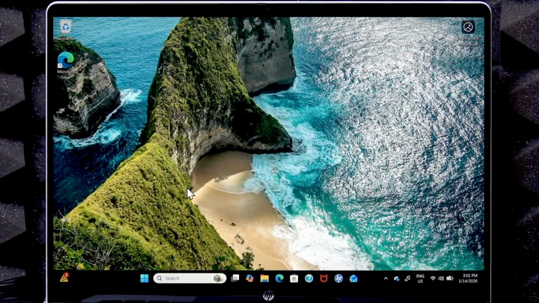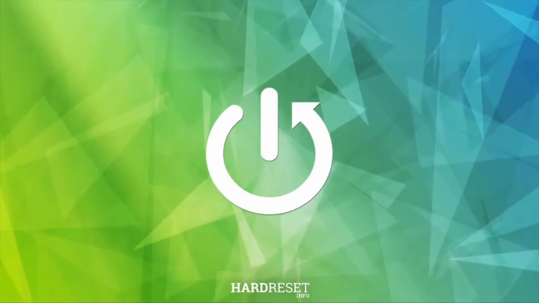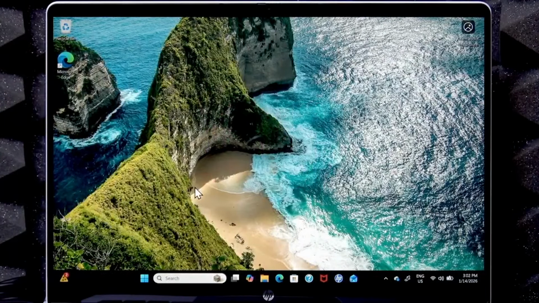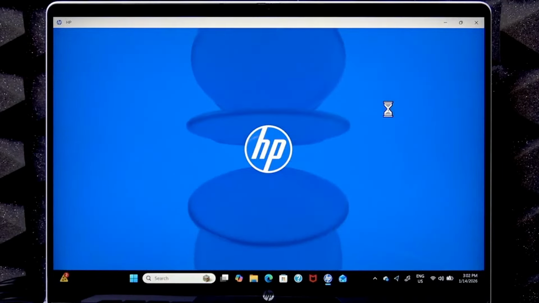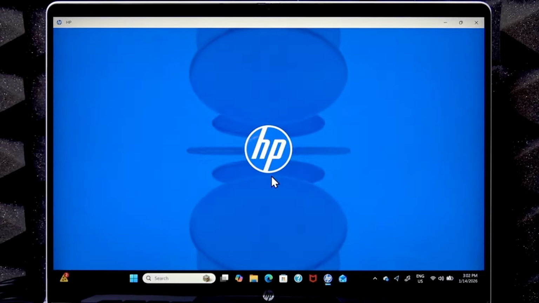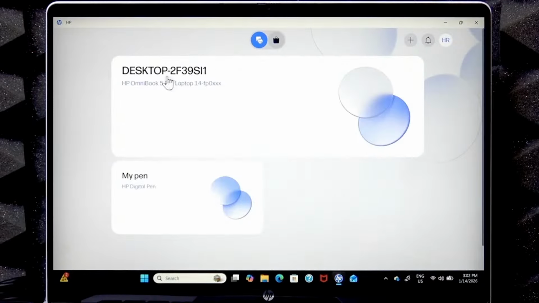Welcome. In this video, I will show you how to enable battery care function on your HP OmniBook 5 Flip laptop. One way to do this is using the myHP application. So if you have this application on your laptop, open it, and once you open it, select your laptop,